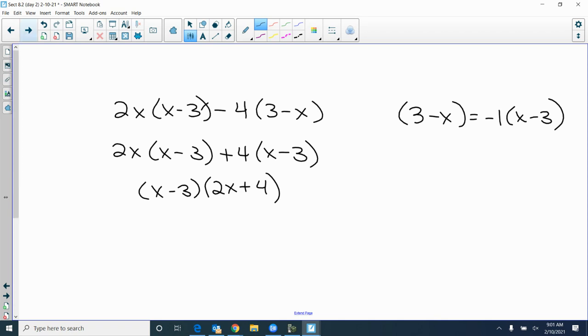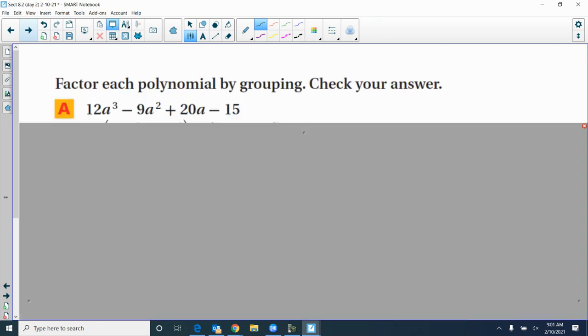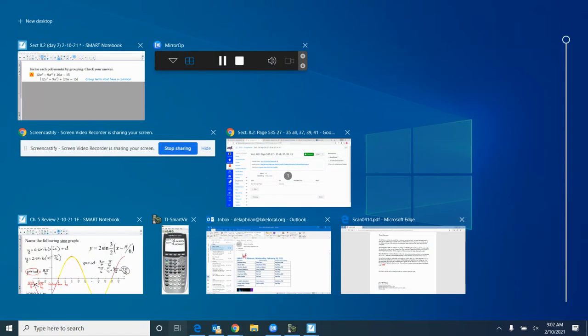All right, now, it says you may be able to factor a polynomial by what's called grouping. When a polynomial has 4 terms, you can make 2 groups and factor out the GCF. It's going to look very similar to what we just did. Just pay attention to this. Here, I'm on the front now. I got 1, 2, 3, 4 terms. There is not a GCF for all 4 terms, because 5 won't go into everything and 3 won't go into everything. If you group the first 2 terms,